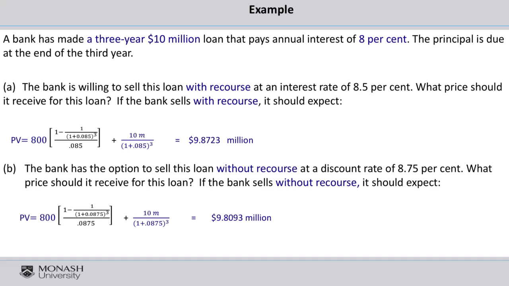We have to discount those 800,000 payments for 3 years, which means we have to use an annuity, and we have to discount also the principal and bring it to time 0. In this case, I discounted both the payments of the interest and the principal, and we get 98093